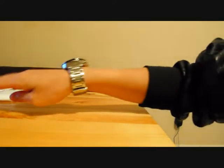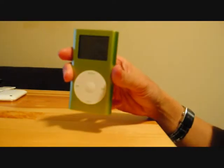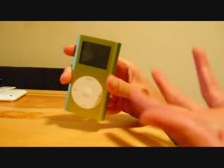And today this video is going to be about all the iPods I have. So first I'm going to start with the first iPod I have, and that's the iPod mini I got back in 2005. This is the second generation green 4 gig iPod mini. I got it around summer of 2005, and it's actually my so-called second one because the first one I have,